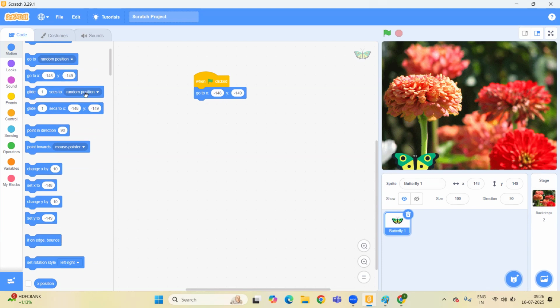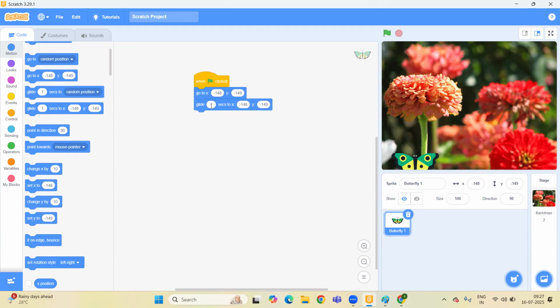If you set the random position, it will go to any position randomly. But I want this one, because with the help of this x-axis and y-axis, we can set another position for the butterfly. If I set these x-axis and y-axis values, it will glide there.